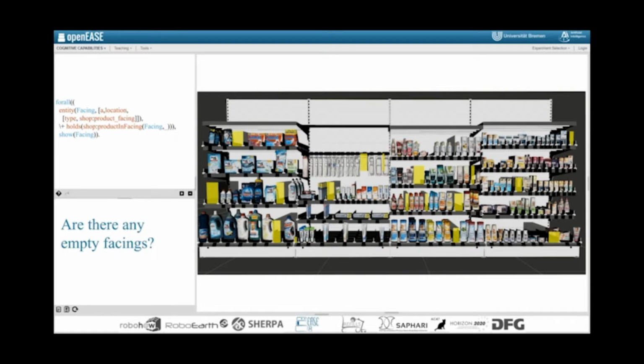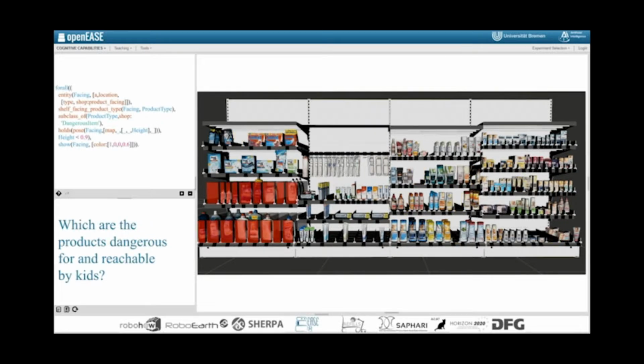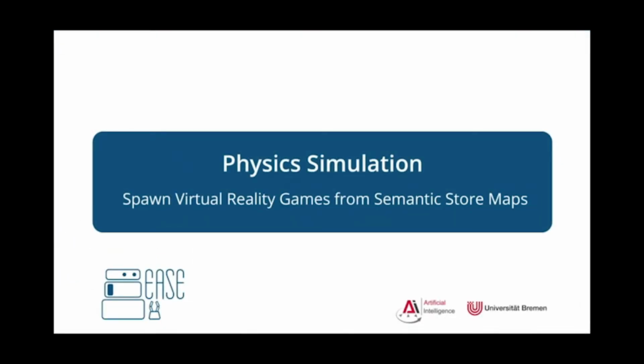Or you can combine it with more comprehensive background knowledge and ask a query like, where are items that are dangerous or health-threatening for kids, but also within the reach of kids, and you would find the cleaning materials, right? So the robot control system can construct these knowledge bases